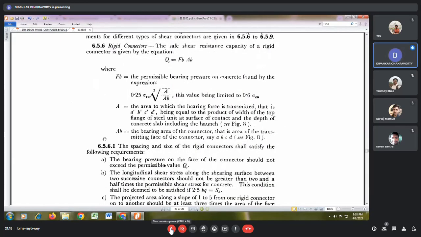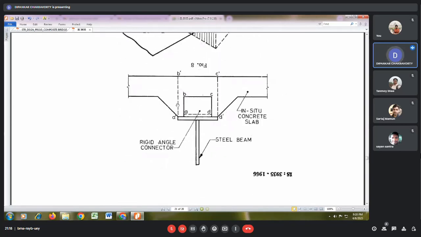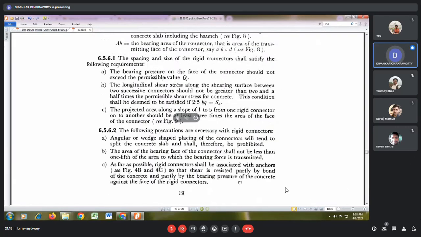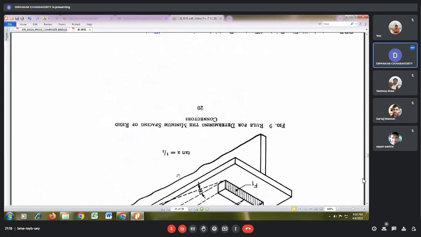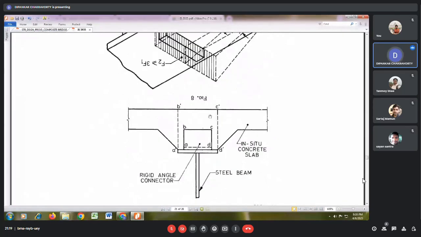ABCD, that is AB, এই এক্সপ্রেশনটার ডিনোমিনেটর AB, that is ABCD এরিয়া। এই যে এটা অ্যাকচুয়ালি এই পয়েন্টটা, ওপরটা নয় কিন্তু এই জায়গাটা, এইটা A, এইটা D, কেমন? অ্যান্ড A এরিয়াটা হলো A ড্যাশ B ড্যাশ C ড্যাশ D ড্যাশ, মানে এইটা।